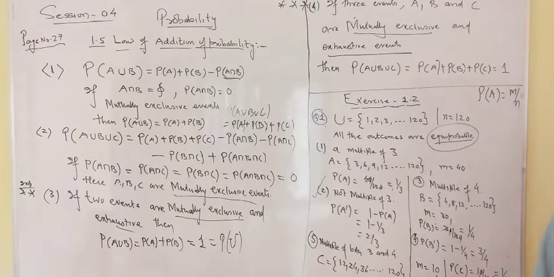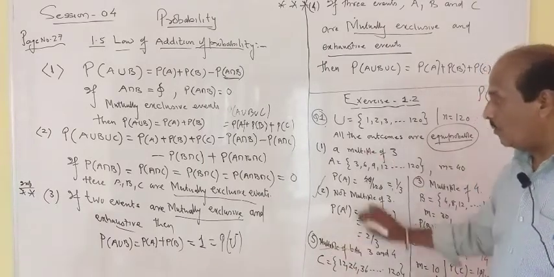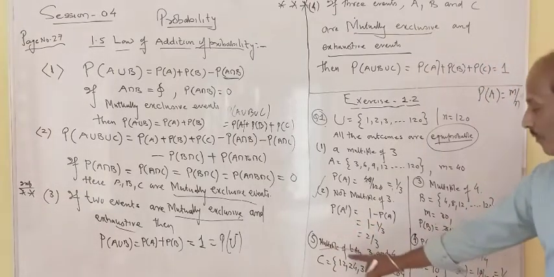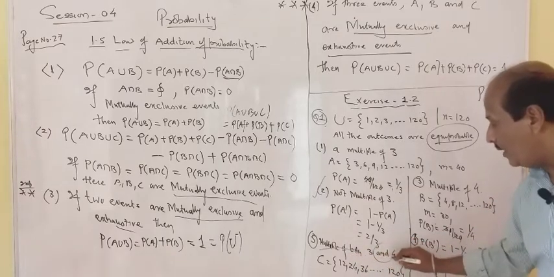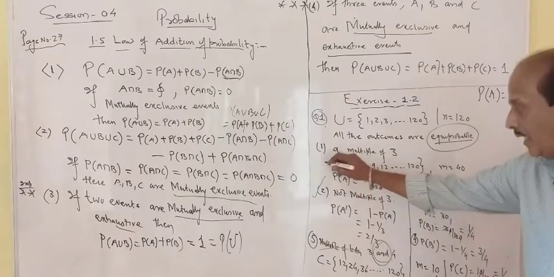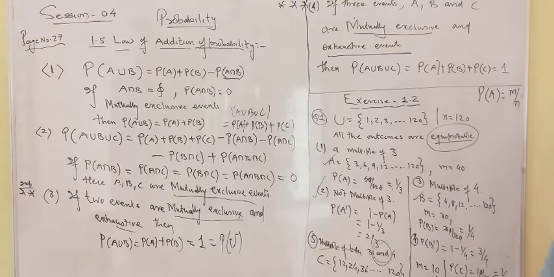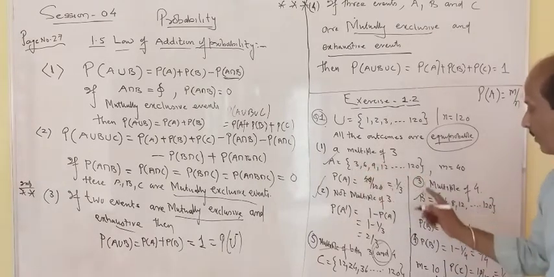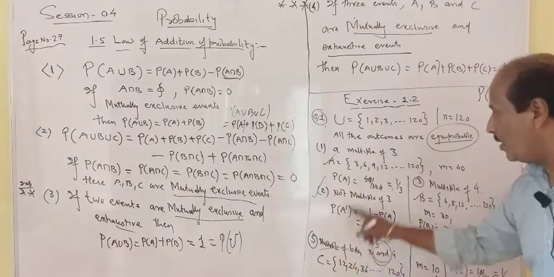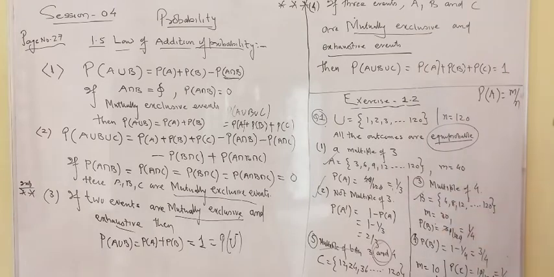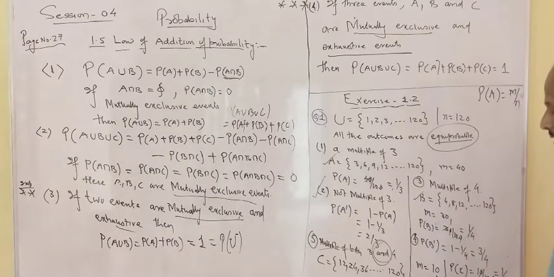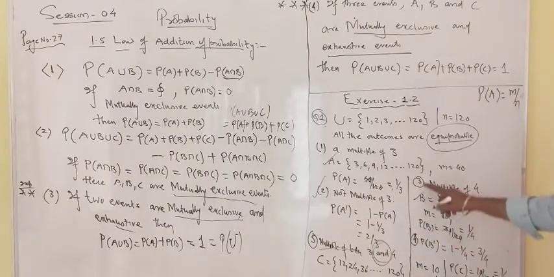One more part is important. Out of this whole part, the last part is important as well as slightly tricky. Multiple of both 3 and 4. When we say and, it means common in these two, common in set A and set B. So find out the multiples of 3 and multiples of 4 in which common members are there. I have written some of the common members. 12 will be in A also, 12 will be in B. 24 comes in both, 36 comes in both of these two. And the last member, naturally, 120 is common in both.